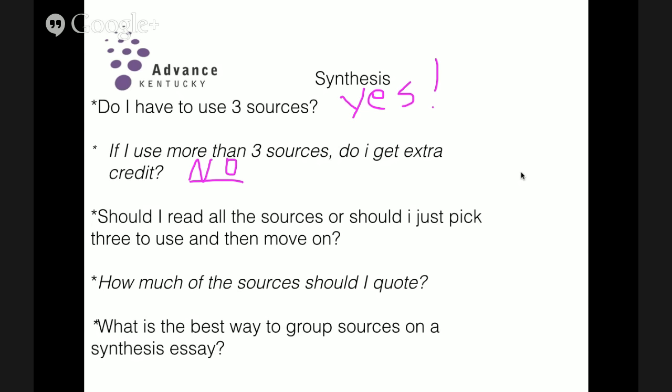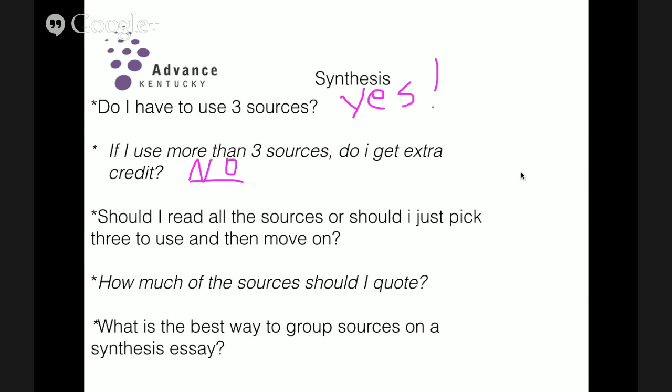If you have practiced doing rhetorical analysis and reading and annotating as you go, you should be able to do that within the 15-minute period. You should be able to read all of the essay questions, including all of the sources for the synthesis question. So that's just up to you. If you have to do it last and you have very limited time, then just pick the 3 and move on. But if you have the time and it's one of the first 2, then definitely go through all of the sources, because the one at the end may be the best source you could use for your argument.